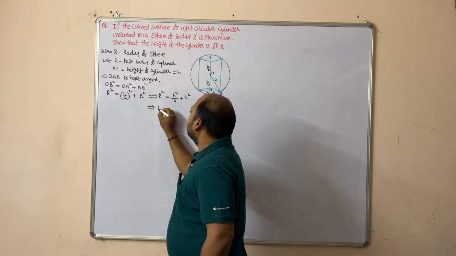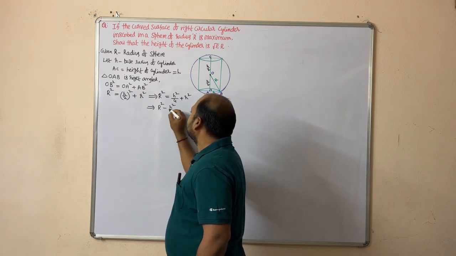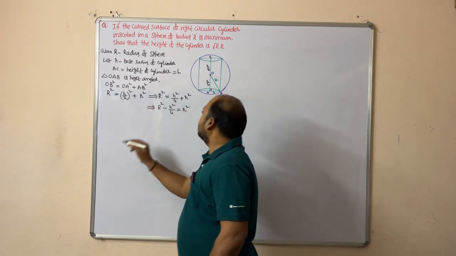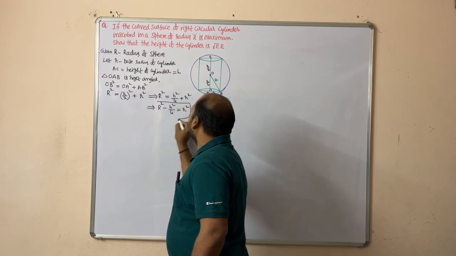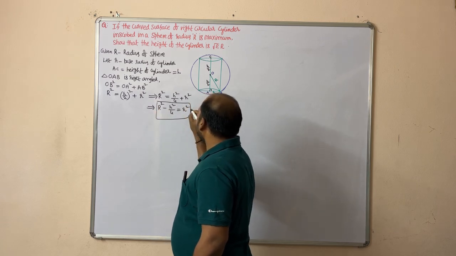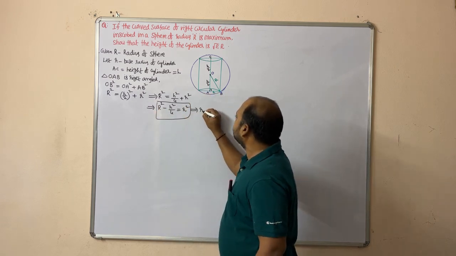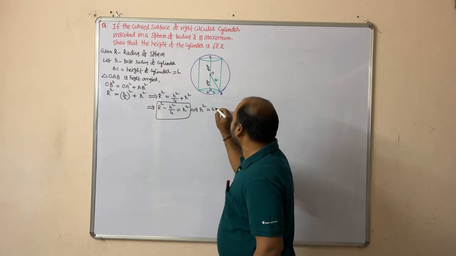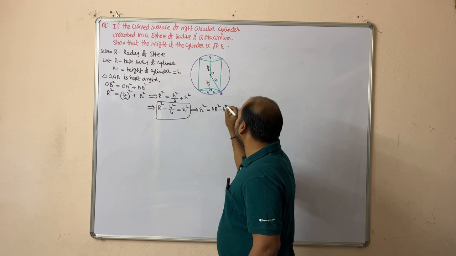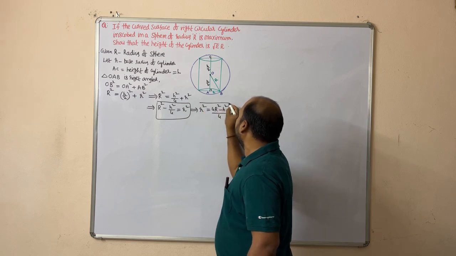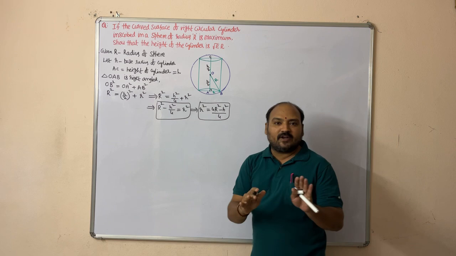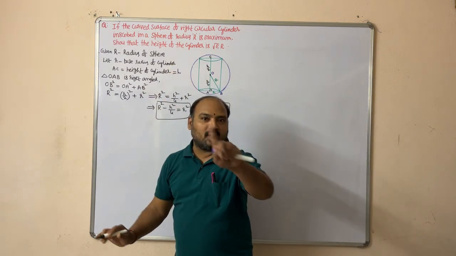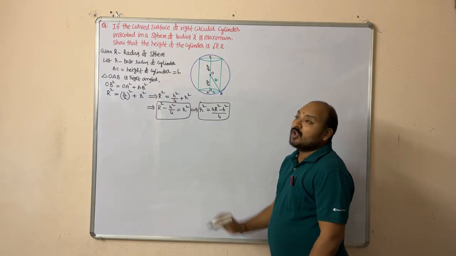From this, capital R square minus H square by 4 is equal to small r square. Take LCM, otherwise leave it like this. Better to take LCM. So small r square is equal to 4 capital R square minus H square, divided by 4. Till this step, does everyone understand? For the figure and explanation, 1 mark is guaranteed, dear students. After that,